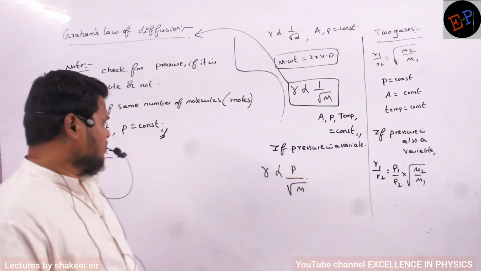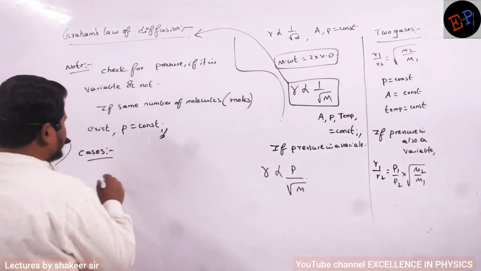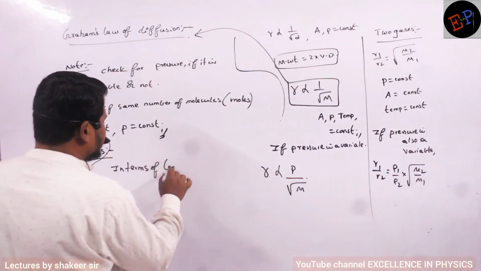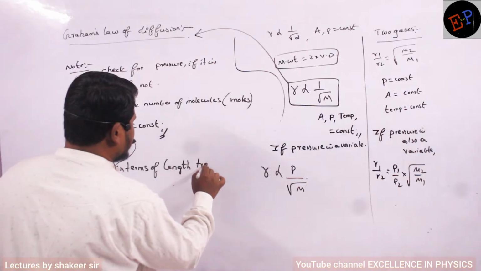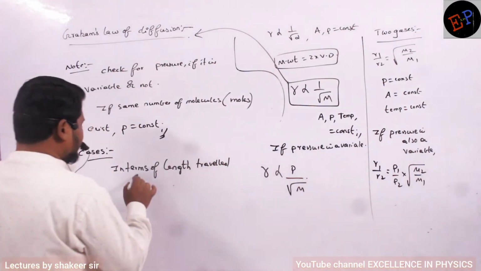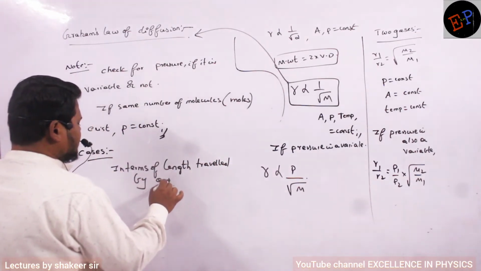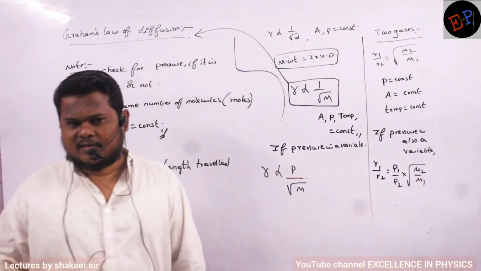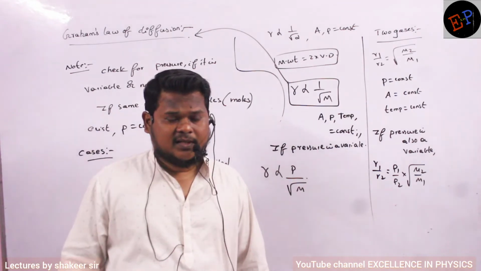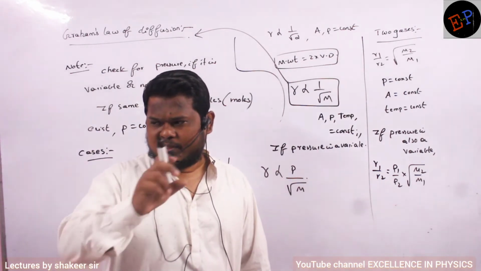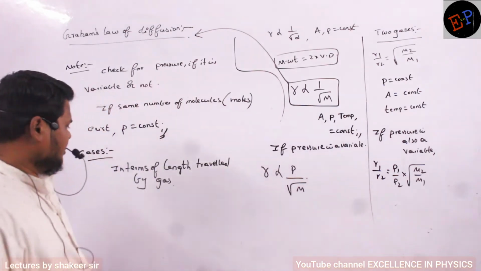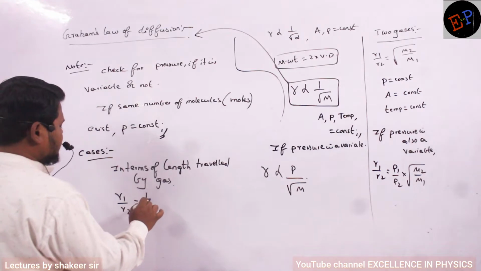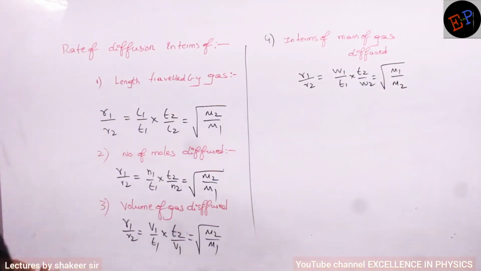So we will do one question on that. If the question is given in terms of length traveled by gas, it means he says that oxygen gas has traveled 8 centimeters of length, helium gas has traveled another centimeter. So a question can be given in terms of distance traveled by gas also. Clear? Then in that condition, the rate of diffusion R1 by R2 is equal to